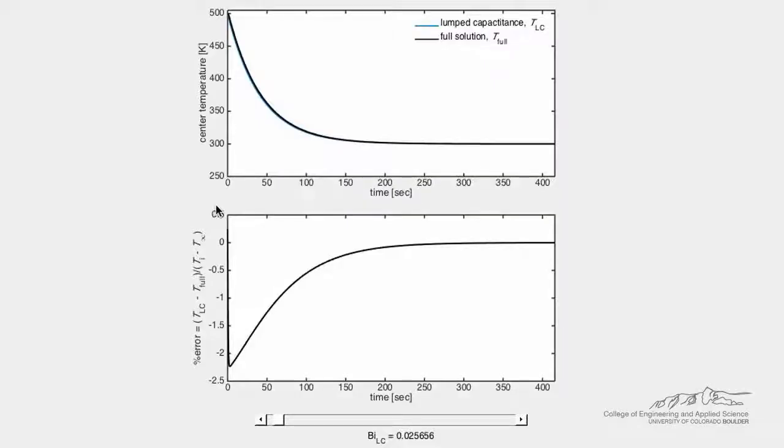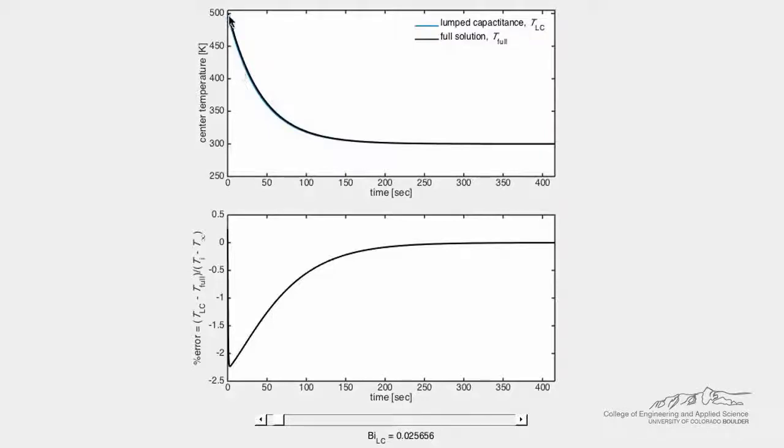So this demo models the time-dependent centerline temperature of a sphere undergoing a cooling process using the lumped capacitance approach and the full solution to the time-dependent heat diffusion equation. So the top plot shows the centerline temperature as a function of time as calculated with the lumped capacitance approach,